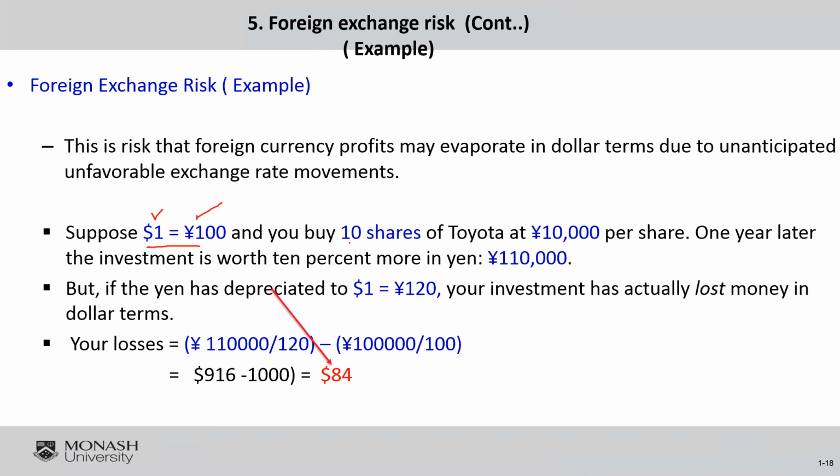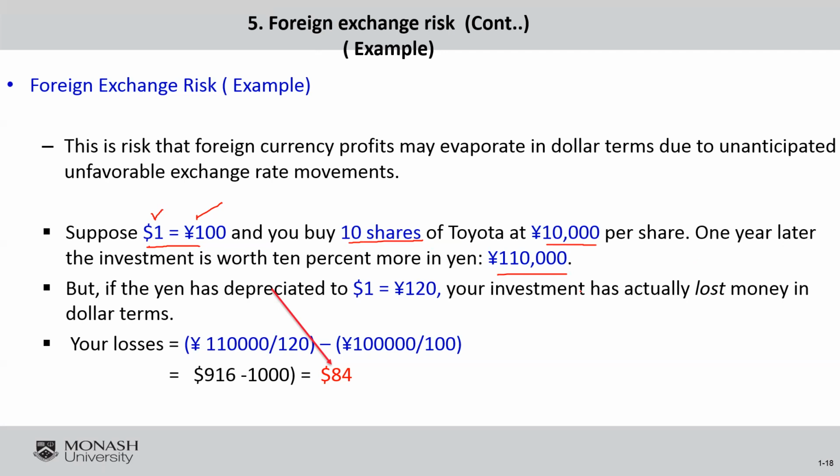Now, if you buy 10 shares of Toyota, for example, and each one is 10,000 yen, that means your investment is 100,000. And if there is a 10% increase, the return of your investment in those shares increased by 10%, that means at the end of the year, you have your investments already equal